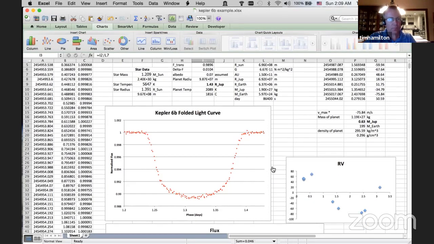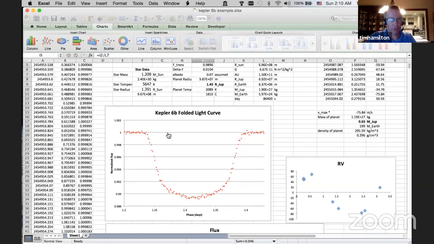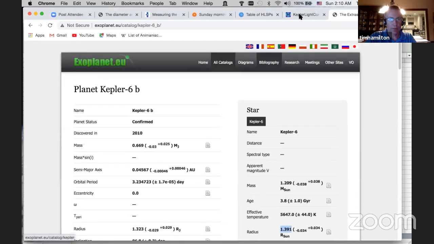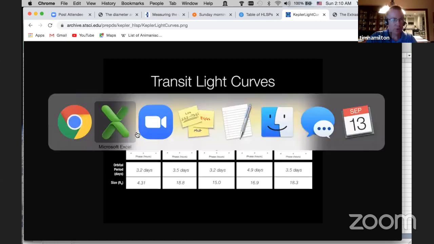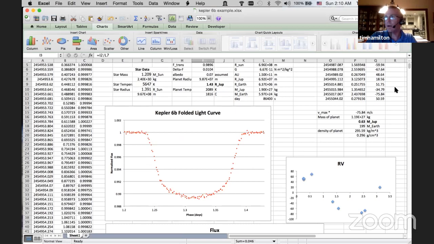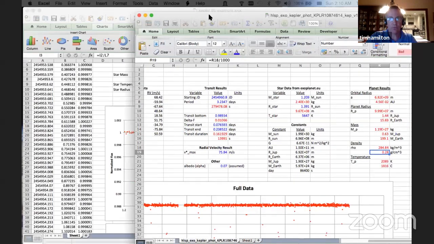So we've done the easy one here, but there are several others, which I will not be going over because we are out of time. What I would challenge you to do is to try Kepler 4b. I mean, really practice by trying all of these here, but take a look at Kepler 4b. That one has a very small planet compared to the size of its star. But it does make a noticeable transit. I'll show you the one I worked up earlier today in getting ready for this class.